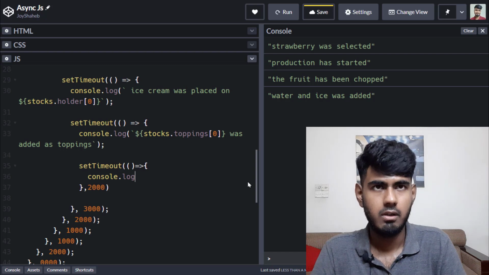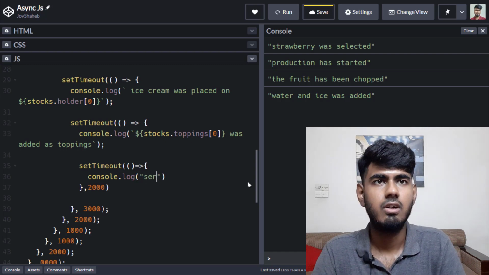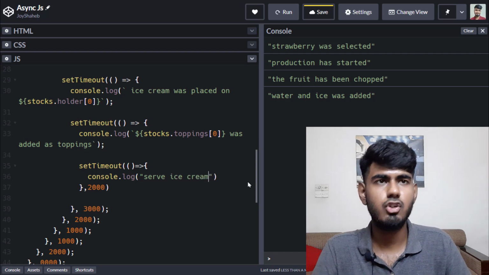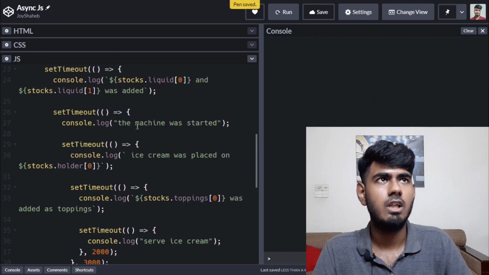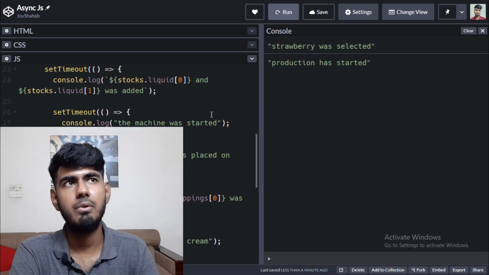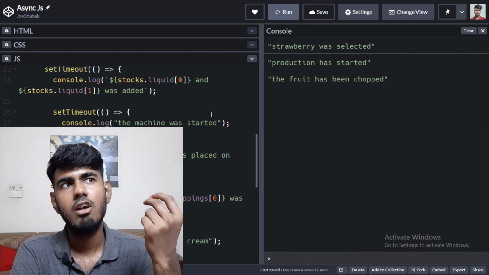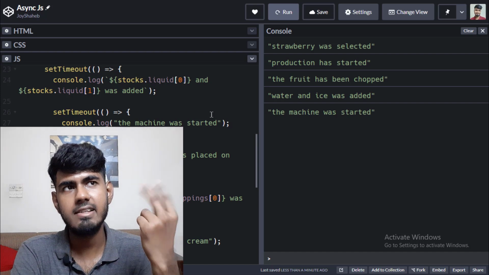Console.log, then double quotes, serve ice cream. Control S. Okay, now clear the console over here. So now run the code. Let's see what happens. Okay, strawberry was selected, production has started, fruit has been chopped, water and ice added, the